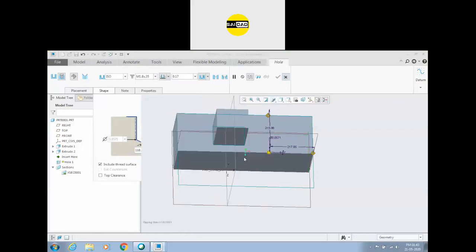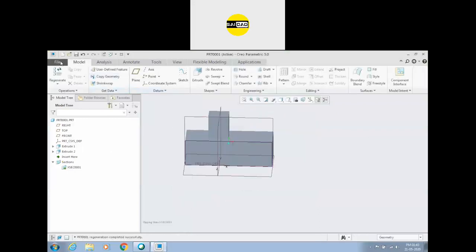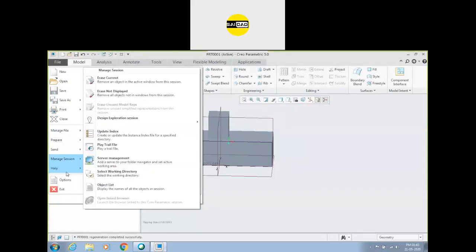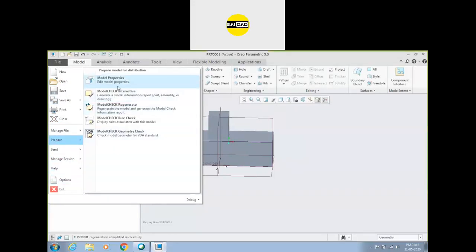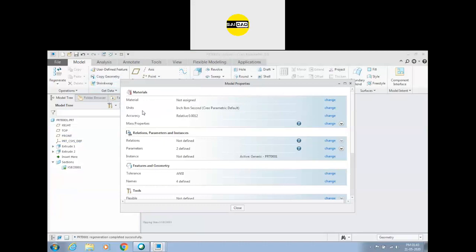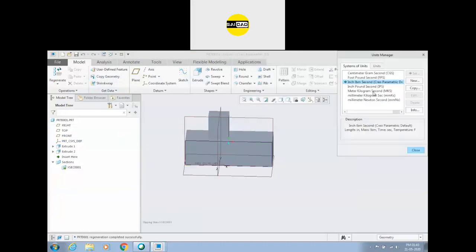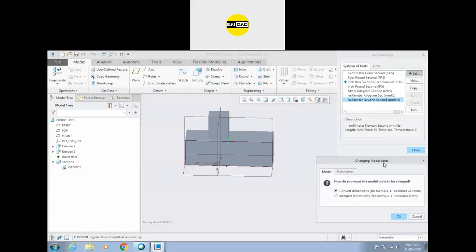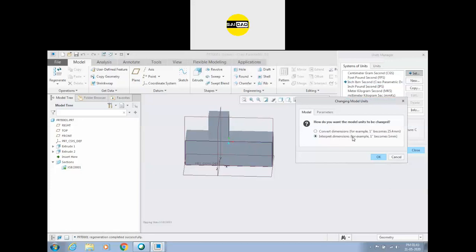First of all, I'm going to click here, go to File, use the option Prepare, Model Properties. Now you can see the unit is IPS, inch pound system. Okay, so go to here, it's not inch pound. So go to mmNs, millimeter newton second, set, go to interpret.